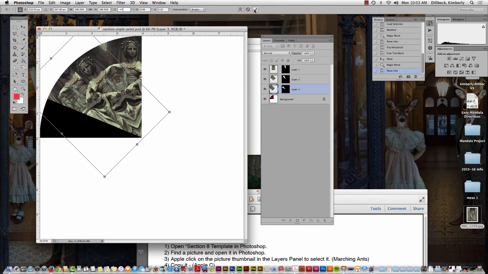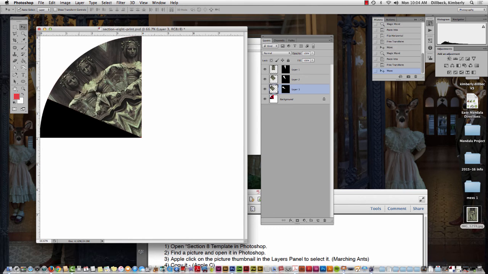And you'll click the check mark. And you'll go ahead and move it so that it's mirroring. It's going to mirror a little differently for this particular one because you're doing the next section. But just try to line it up as good as you can so that it's just right,